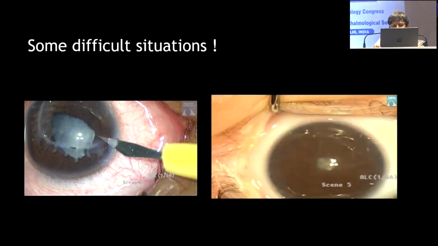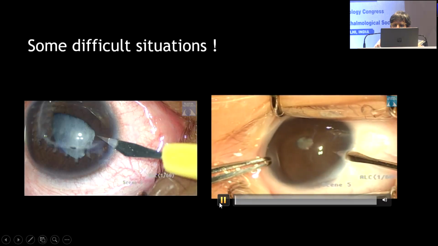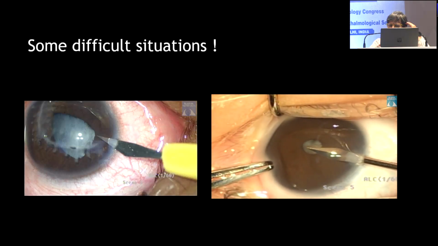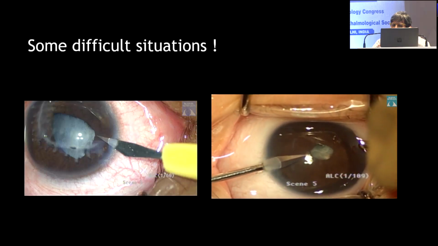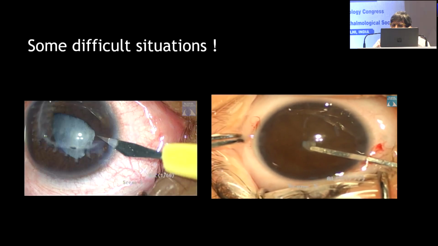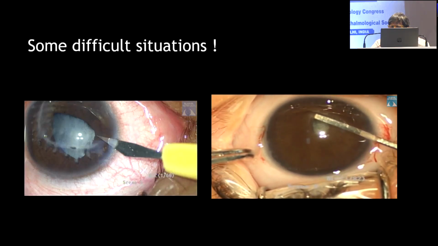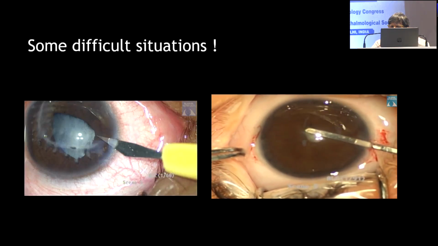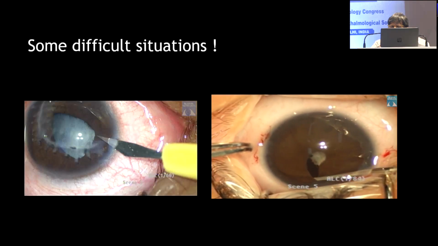Some difficult situations, traumas are always a difficult situation. So is persistent fetal vasculature or PHPV, where you can have just a partially absorbed cataract with a dense vascular membrane and no dilatation, and sometimes despite using synechiolysis, these patients may not dilate and they often have a tendency to bleed